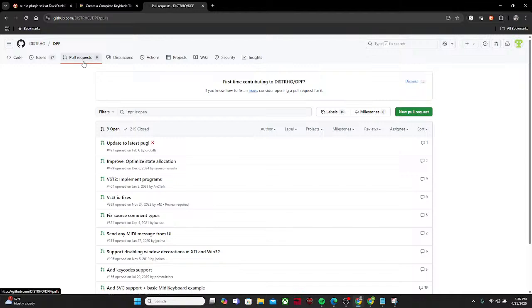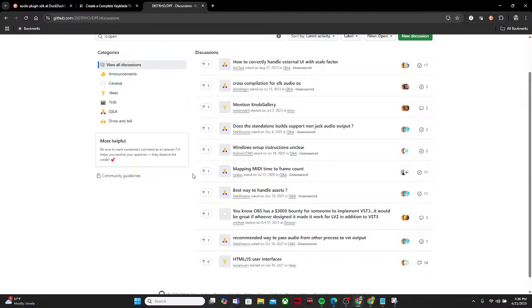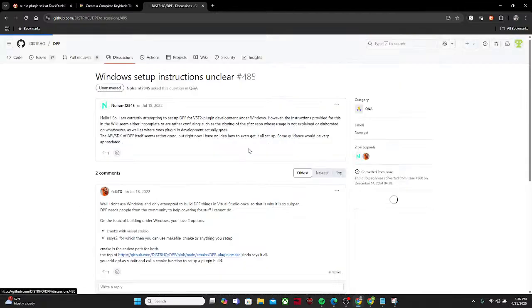Response: thank you for your reply. By the way, I encountered some issues while trying to implement sidechain compression. I noticed that there are some references to sidechains within the DPF framework, but it seems there's no implementation for them. I'm trying to change some input booleans to enumerated types like port type. We have distro plugin num inputs and distro plugin num outputs, so we could have distro plugin num sidechains maybe. Since sidechain ports are definitely input ports,